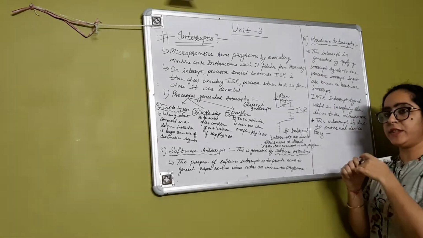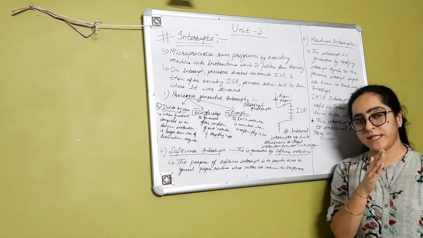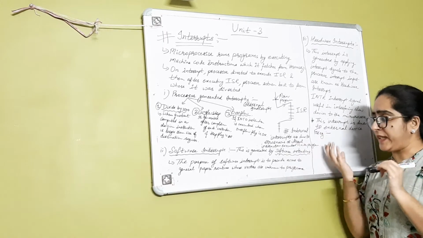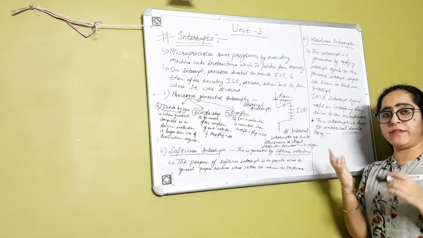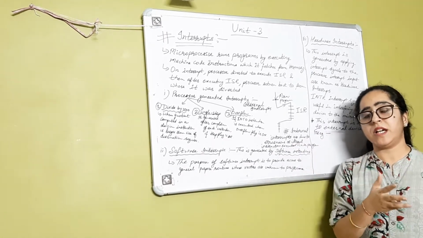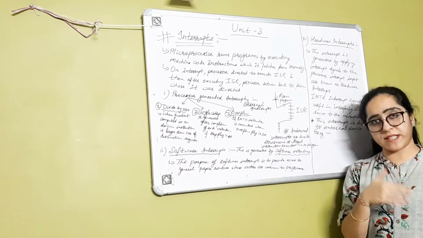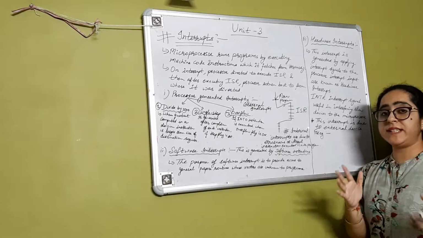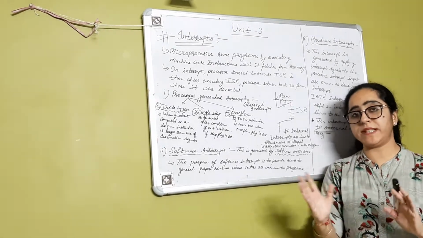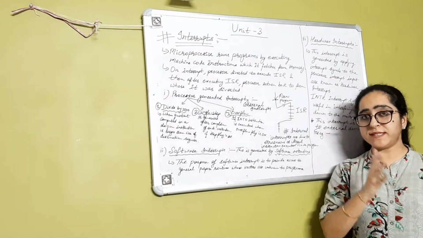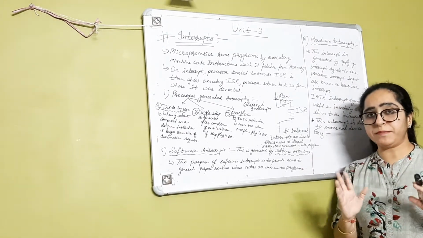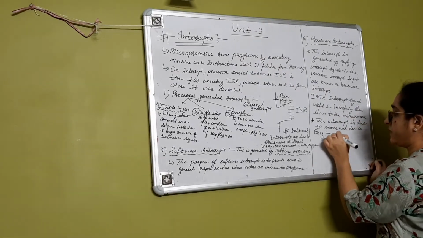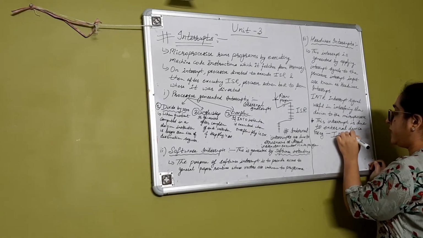So once data is to be transferred from the CPU to the input output device, at that time an interrupt occurs. When the input output device requests the CPU for the data transfer, at that time an interrupt occurs. And once the data transfer has been finished by the input output devices from the CPU, then an interrupt occurs. So this is done with the command INTR.